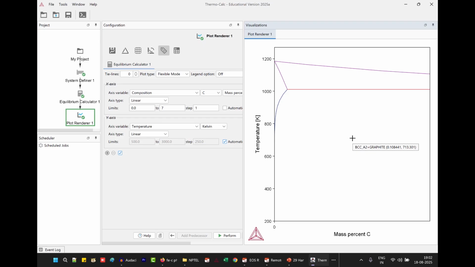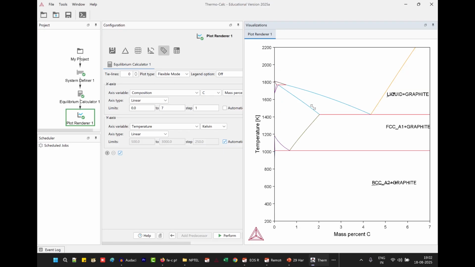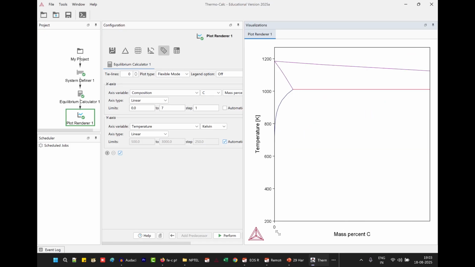And if you want to go back and see the original diagram, click anywhere in the diagram and drag to the left top like this. Okay, so for your understanding, I'm going to do it again. If you want to zoom into any area, just click somewhere and then put a small box like this for whatever composition is of your interest and leave it. And now you see the diagram in that selected zone. If you want to go back, click anywhere in the diagram and drag to the left top and leave it.